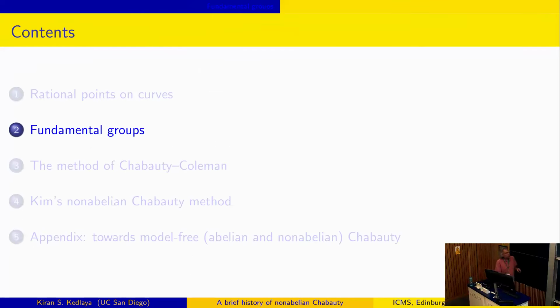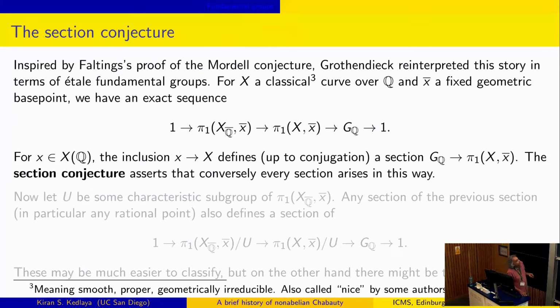Okay, so now let me jump a little bit forward in the story. I told you this is not how history happened. Of course, one thing about history is that it's non-linear. So I want to jump ahead and take a point of view that is not contemporary with Mordell, Weil, Kessels, etc., but in hindsight is the way we want to think about things. This is a point of view that was introduced by Grothendieck in a letter to Faltings after Faltings proved the Mordell conjecture,